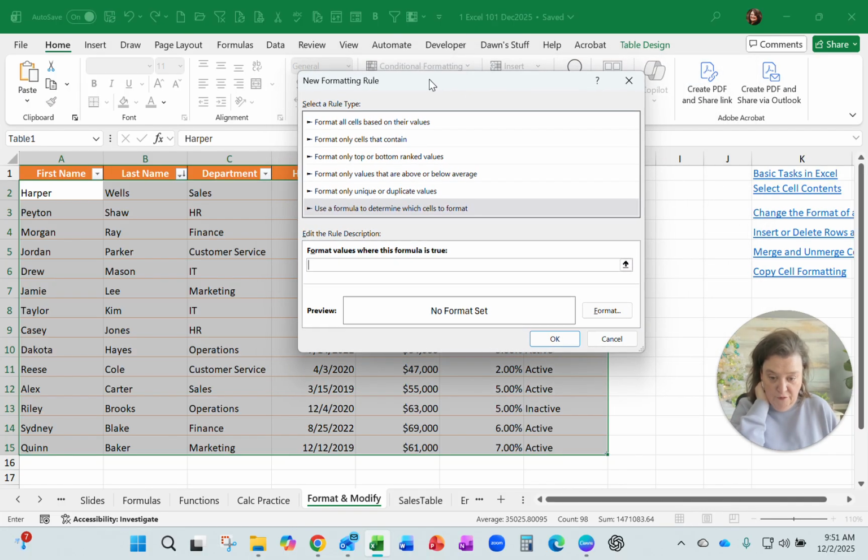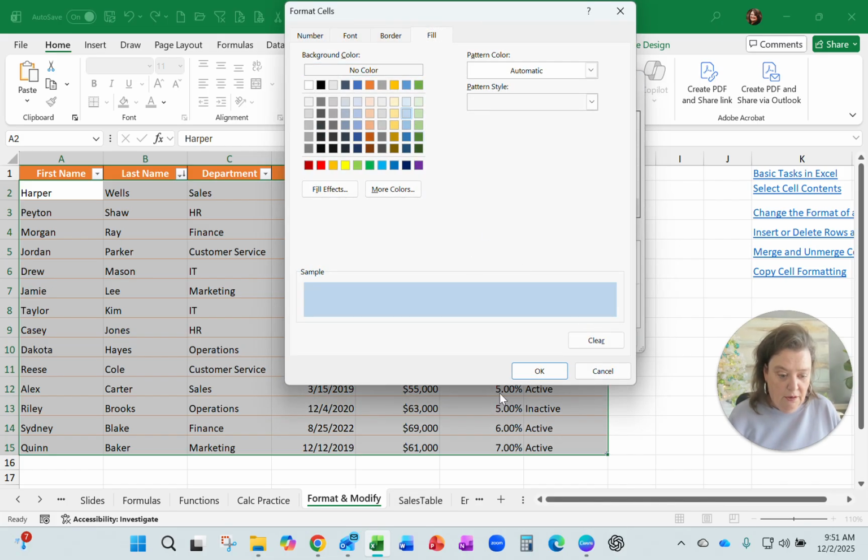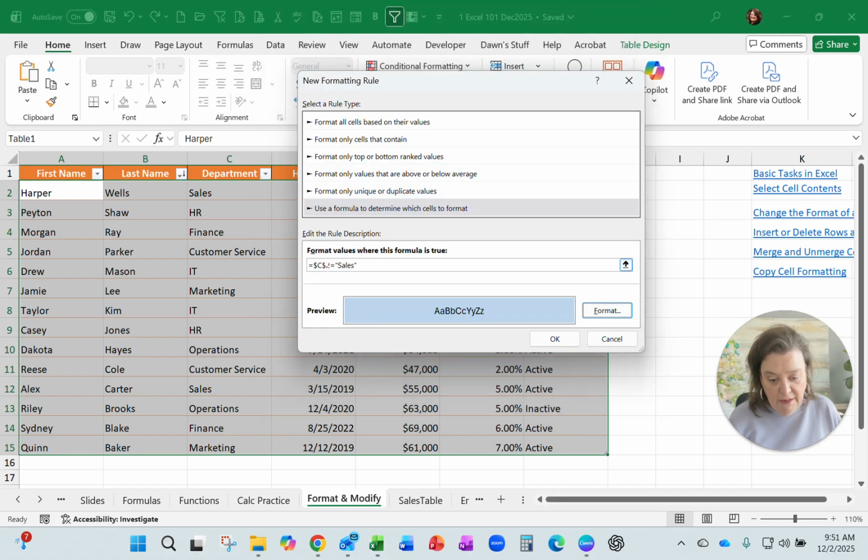You've got to write a formula that says when this cell is equal to sales, then I want you to format a specific color. Now, one little tweak in here. So when I clicked on that C2, what it did was put $C, $2. Now that's an absolute reference. What I need to do is keep the $ sign on the C for the column, but remove the $ sign for